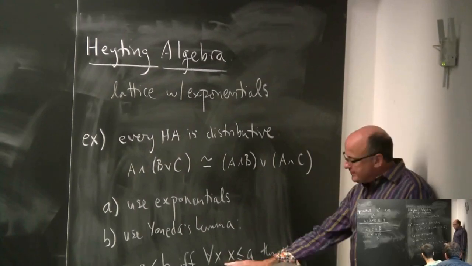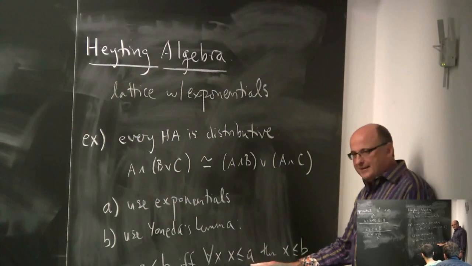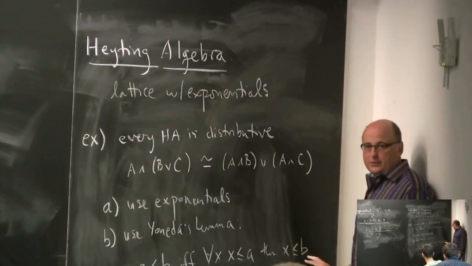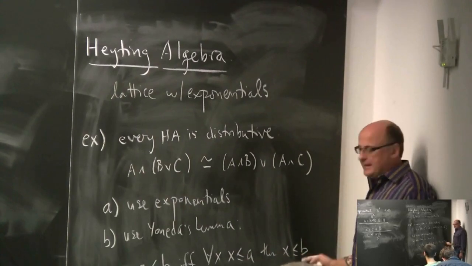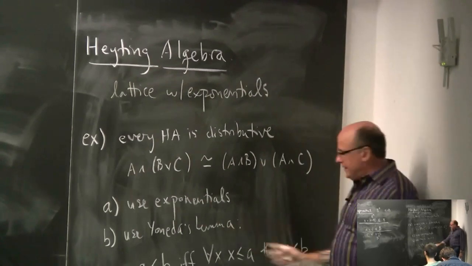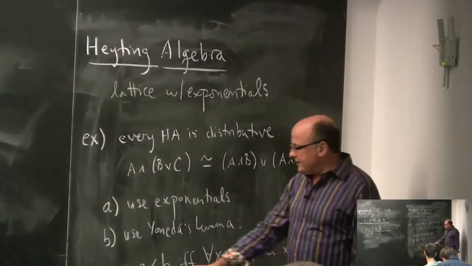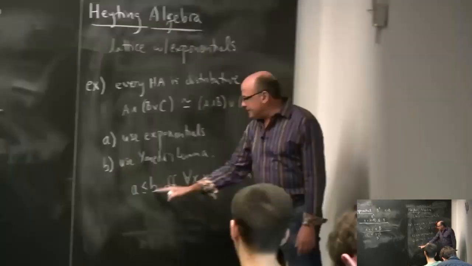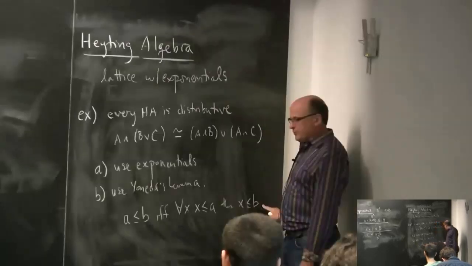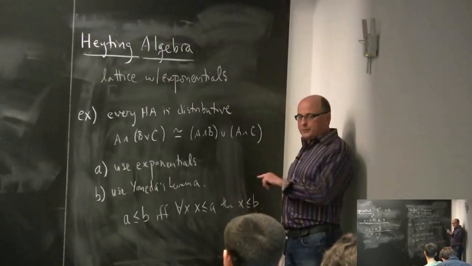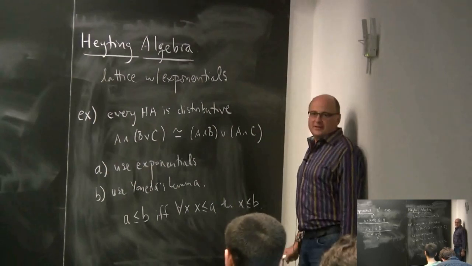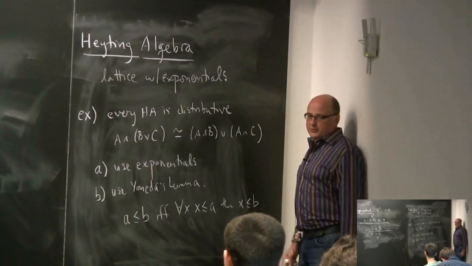So by considering the identity, I can show you that A is less than or equal to B. So that's right to left. Left to right is completely trivial because of transitivity. If x is less than or equal to A, and A is less than or equal to B, then x is less than or equal to B, by, I think that was two uses of transitivity. Okay? So that's it. There's nothing.